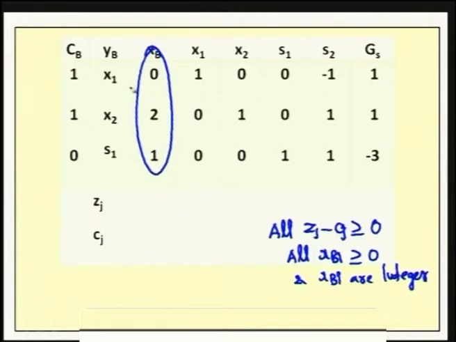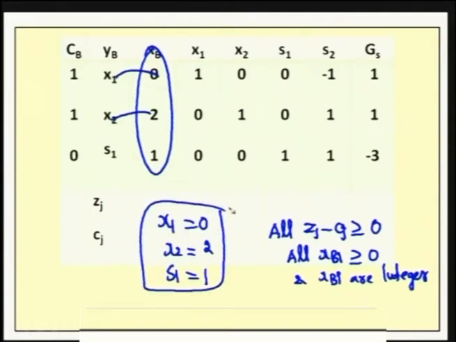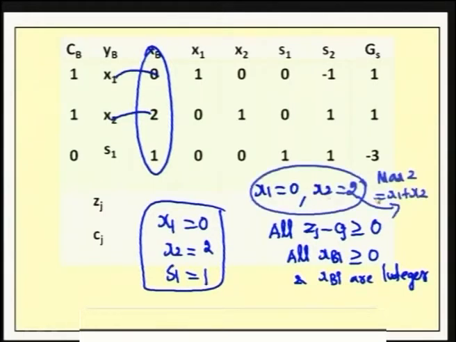The optimal solution is x1 equal to 0 and x2 equal to 2 and the slack variable s1 equal to 1. Since for this problem our objective function is maximize z equal to x1 plus x2, by substituting these x1, x2 values in the objective function, the optimum solution to the given problem is x1 0, x2 2 and maximum z